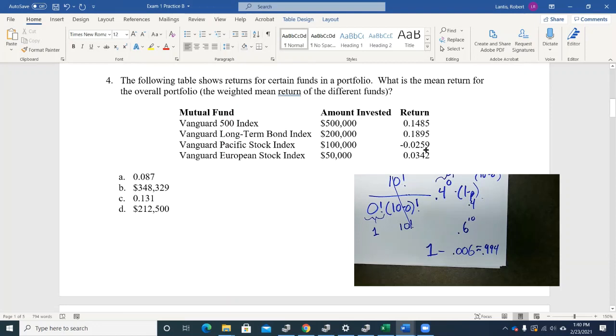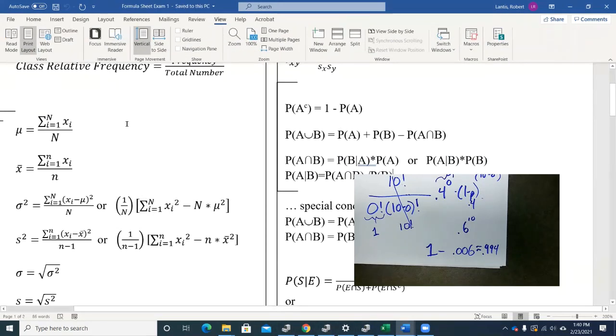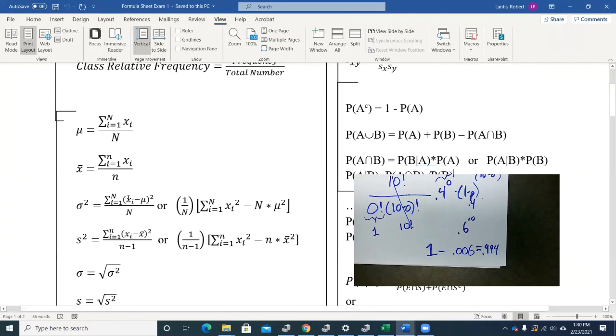I'm looking for the mean return and using the amount I invested as my weights. Okay? So right away, I know it's either going to be A or C. Now, which one of those is it going to be? I can't really, there's no principle. Both of them are theoretically possible answers here. Right? But what I can do is go to my formula sheet, scroll over here, go down